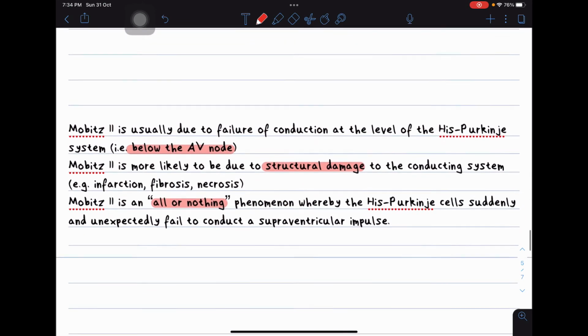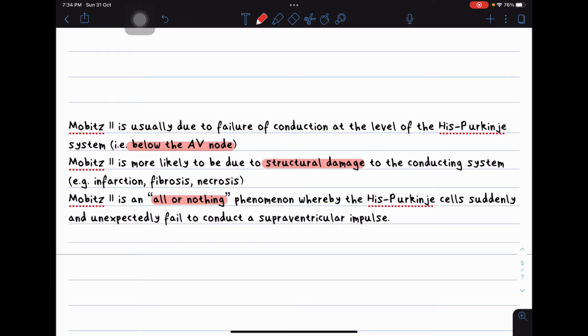Mobitz 2 is usually due to the failure of conduction at the level of the His-Purkinje system, that is below the AV node. And Mobitz 2 is likely to be due to structural damage to the conducting system, for example infarction, fibrosis, necrosis. And Mobitz 2 is an all or nothing phenomenon whereby the His-Purkinje cells suddenly and unexpectedly fail to conduct a